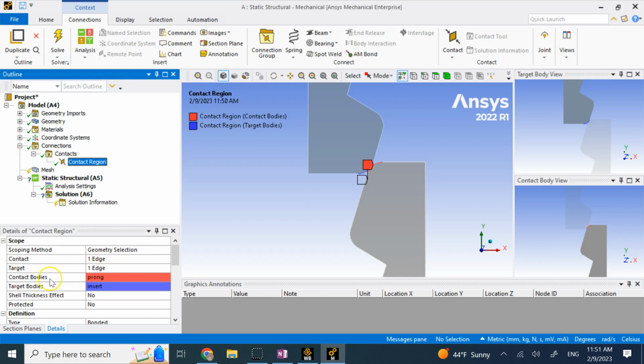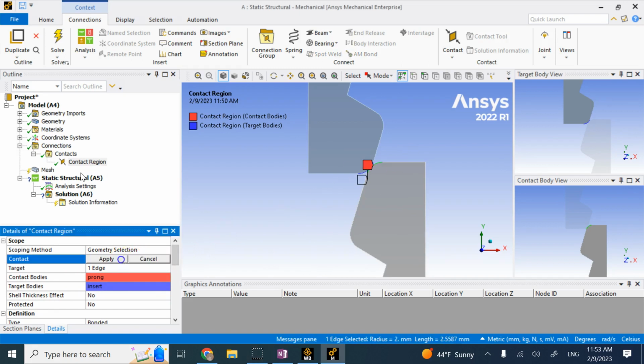So here, the contact object is the prong, and the target is what? The insert, right? And so what I want to do for prong, which is the bottom object contact, instead of having one edge, which is this red edge, I want to select all of those 4 edges. So I click here on the contact in the edge area, right? And I select what? This guy, and I make sure here I have edge selection filter. So I choose this, this, this, and this. All of these can have contact. So I change it to 4 edges,